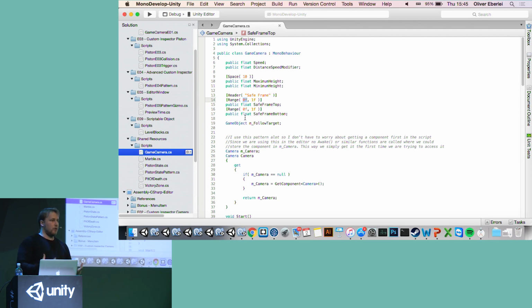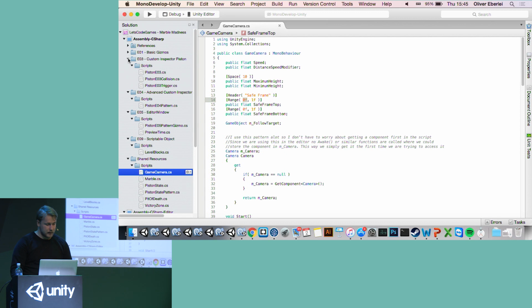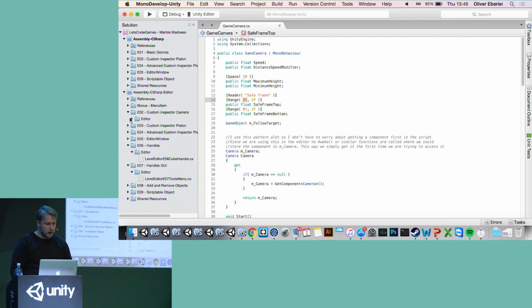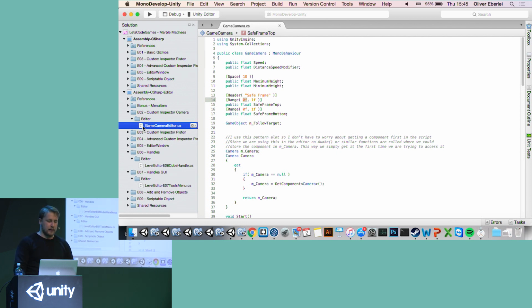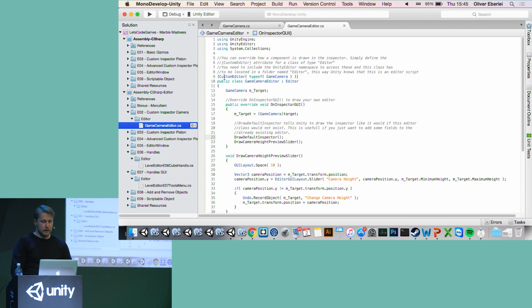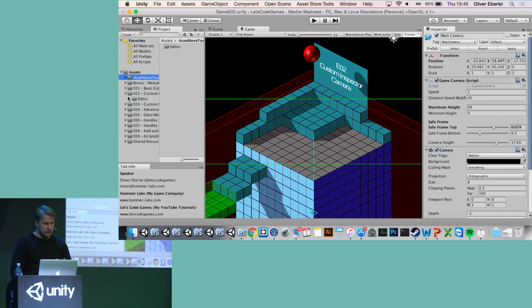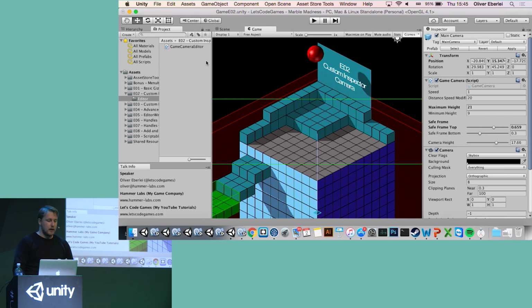Once you get into that, so more advanced editor scripts where you have to code yourself a little bit, you create what is called a custom inspector. A custom inspector is a specific class that, first of all, very importantly, is placed in the project in a folder called Editor. It just has to be beneath a folder called Editor. You can have a bunch of more folders beneath that, but one of the folders in that chain has to be called Editor. And you can have multiple Editor folders all over the place.